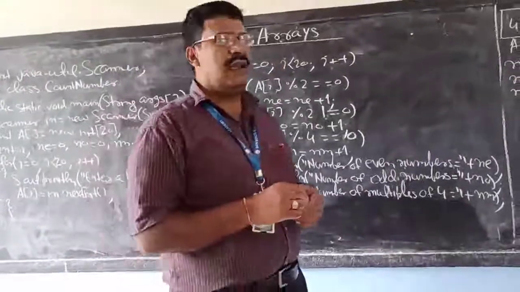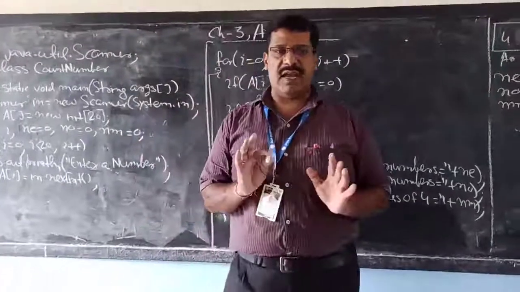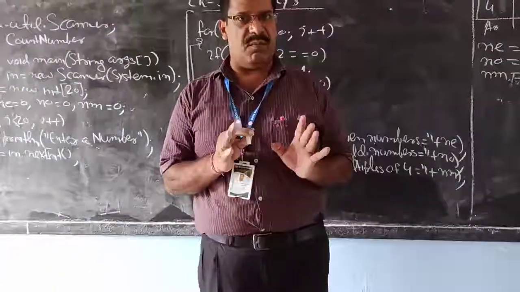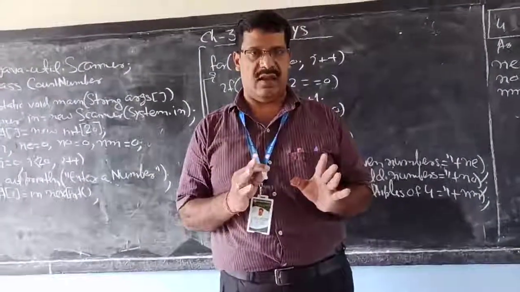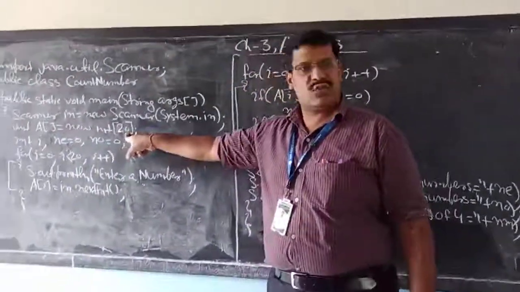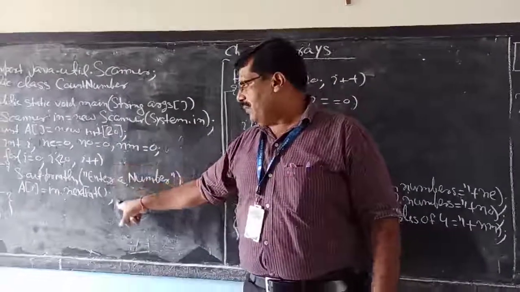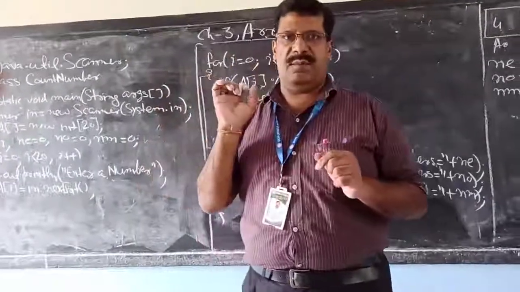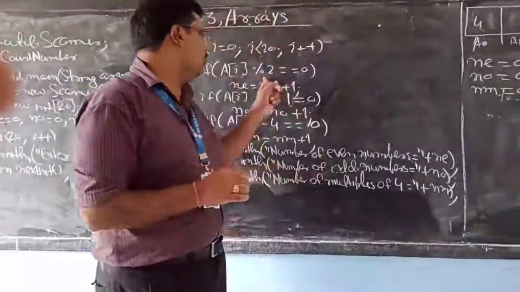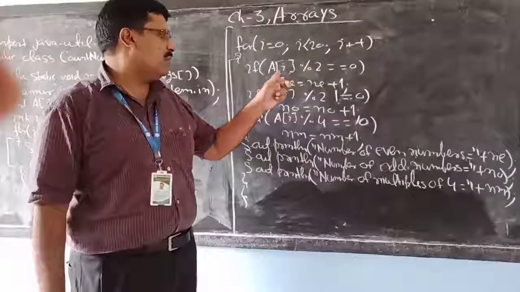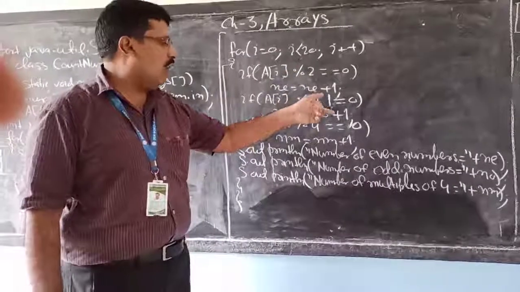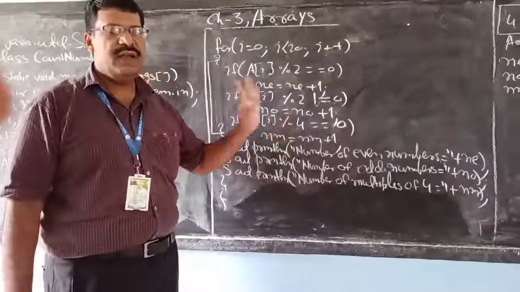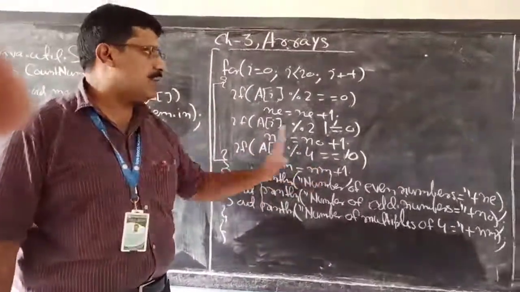Okay, so this also was like a linear search program only. So what was the question once again? The question was to write a program to accept any 20 numbers in a single dimensional array. So you have created an array of size 20 and input 20 numbers in the array, A0 to A19, and after that pick up one by one number and check if it is divisible by 2, then increase the value of ne, means number of even, plus 1. If it is not divisible by 2, then it is an odd number, then no plus 1. And if it is divisible by 4, it means it is a multiple of 4, then nm plus 1.